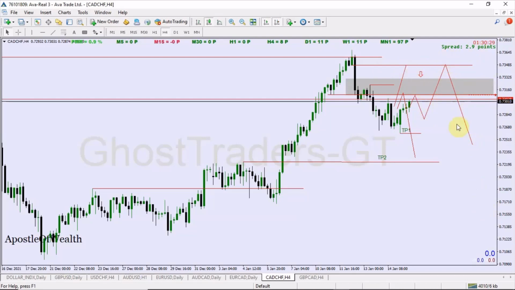and then you get to see price giving you a structure like this. So just keep in mind, but either way, we just want price to get to this level here or either this level, and we take advantage of it. So without